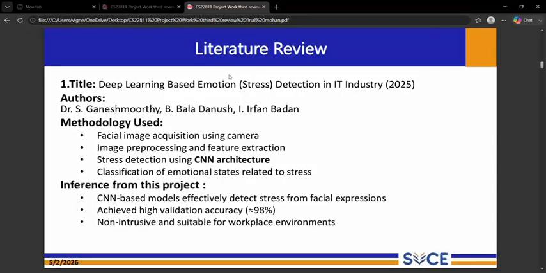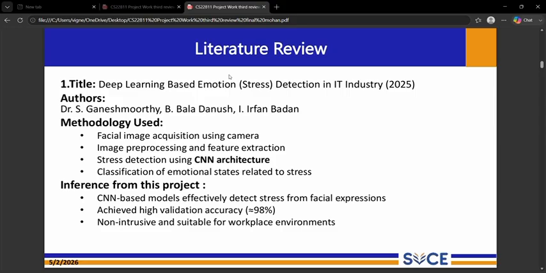About the literature review. Before developing a solution, we studied several research papers related to our project to understand the ideology of our application. These studies helped us understand methods and their advantages and limitations.